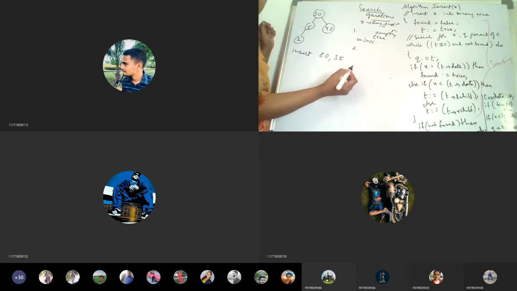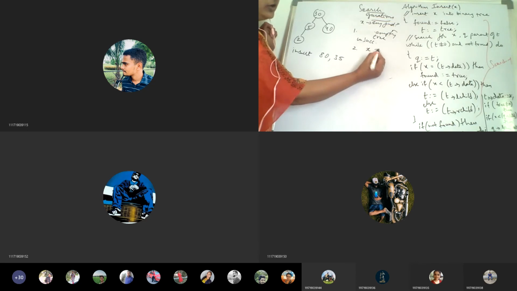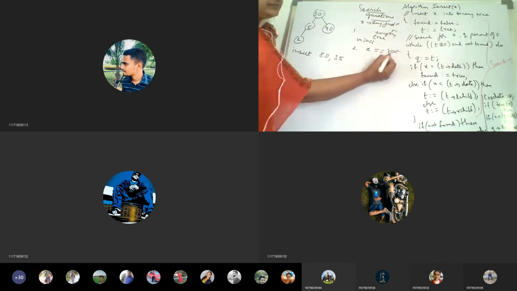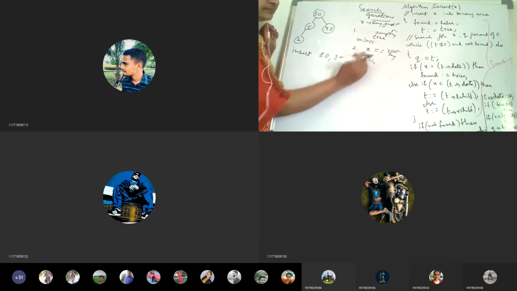What is the second step? Whatever key we are going to search for, you check whether it is equal to the root key. If this is satisfied, then the search is successful.